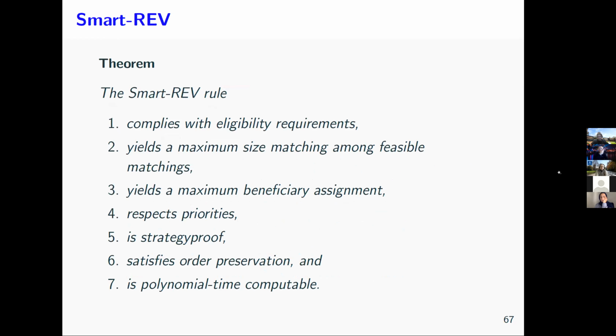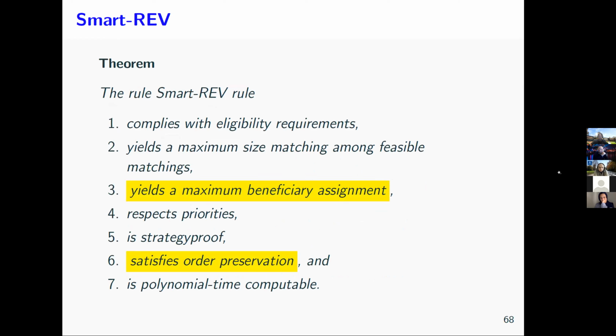So in terms of properties satisfied, the smart rev rule satisfies all the nice properties which we had for the reverse rejecting rule, but it also satisfies these two properties which are highlighted in yellow. In particular, it finds a matching which is a maximum beneficiary assignment, and it also satisfies order preservation. Note that the